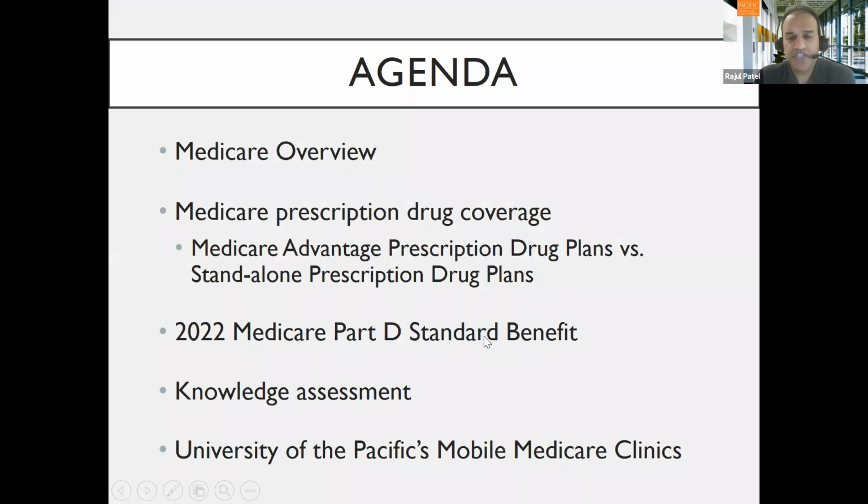In terms of the agenda for today's talk, here's sort of a roadmap of what we'll be discussing over the next 45 or so minutes. So a little bit about an overview of Medicare, different parts, and I want to just share with everyone what the different parts cover, because it's crucial to understanding how the Medicare benefit works. And sometimes I make an analogy that Medicare is like an onion. The more layers you peel, the more you want to cry, because it's unnecessarily complicated. But hopefully after today's lecture, it'll be a little bit clearer.